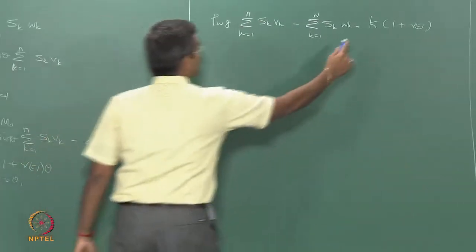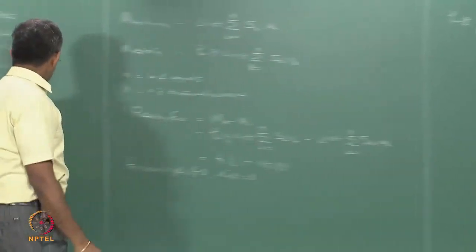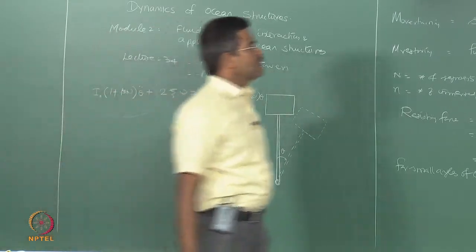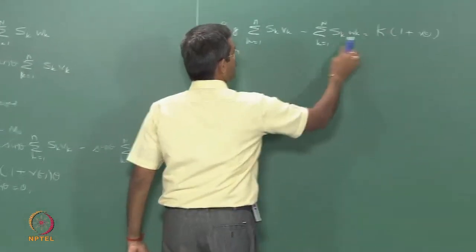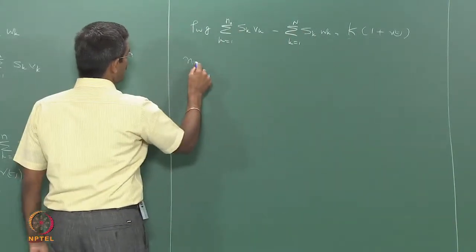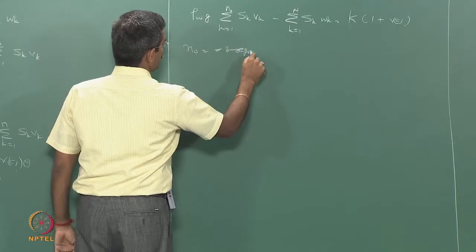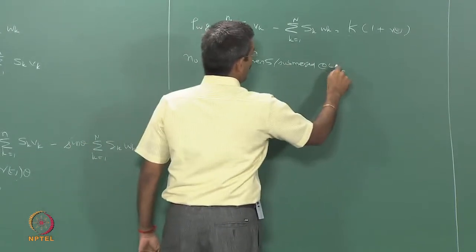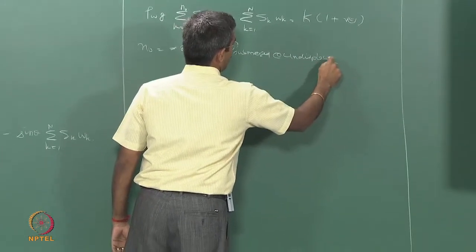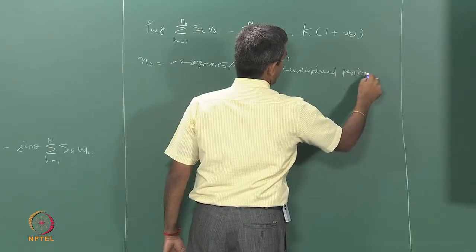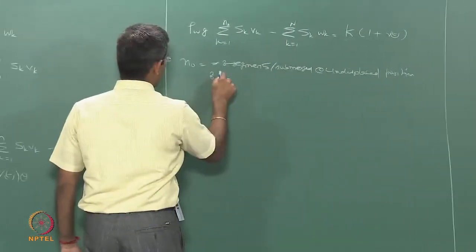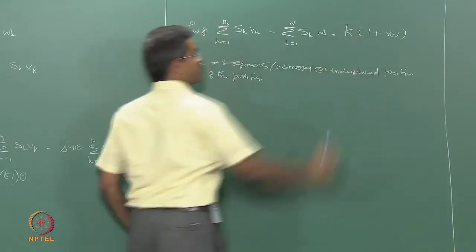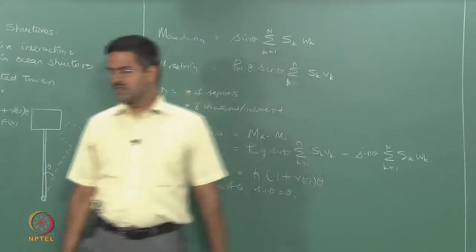Since I am using this K as an initial stiffness, which is the undisplaced or unaltered portion of the platform, I am trying to alter this equation slightly. I am not going to alter anything on the total weight of the platform, but I will alter this as n naught, where n naught is the number of segments submerged at the undisplaced position of the platform. Now one may ask why we are taking the undisplaced portion. It is because K is actually the initial stiffness of the platform, therefore we are considering this as the undisplaced portion.